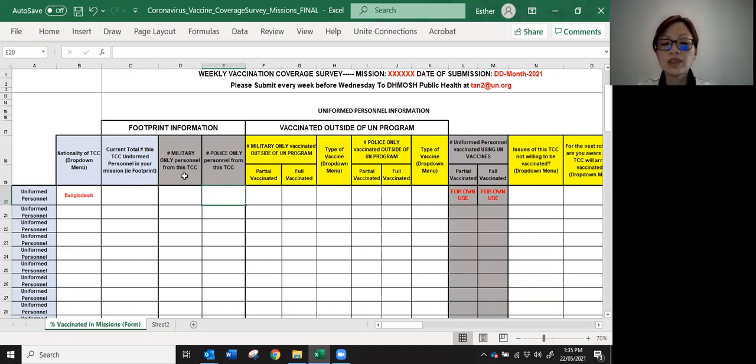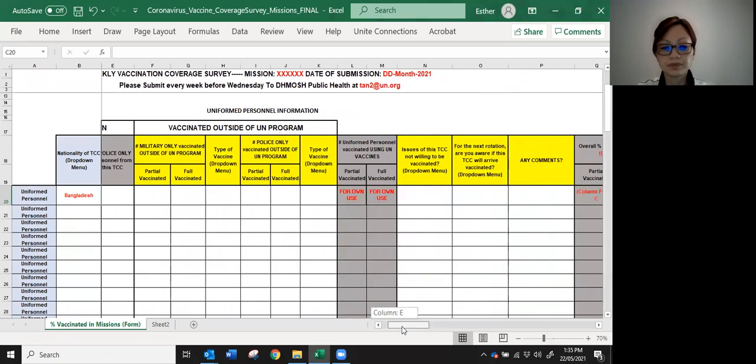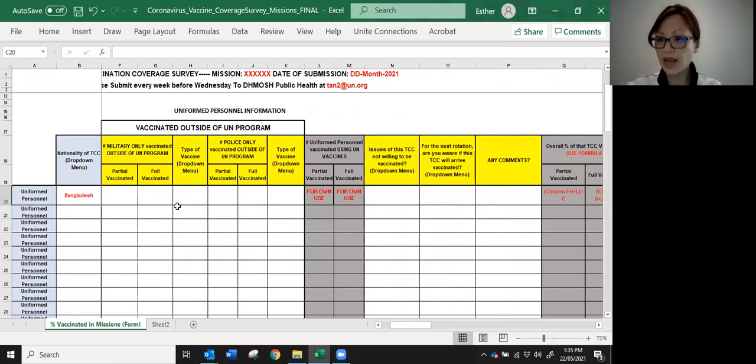And then also I want to know what's the number of military-only personnel and what's the number of police-only personnel, just to split this up. So, adding these two, you should get this number, really. And then the same thing again, we want to understand how many have been vaccinated outside of the UN program. And so this means people who are vaccinated, for example, in their home country before they came in as part of pre-deployment, or maybe they were vaccinated by your local host country, national programs,